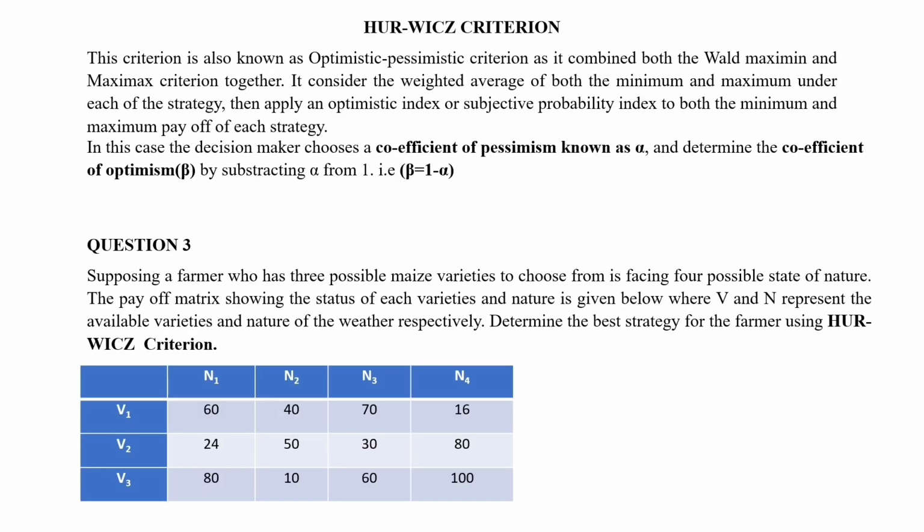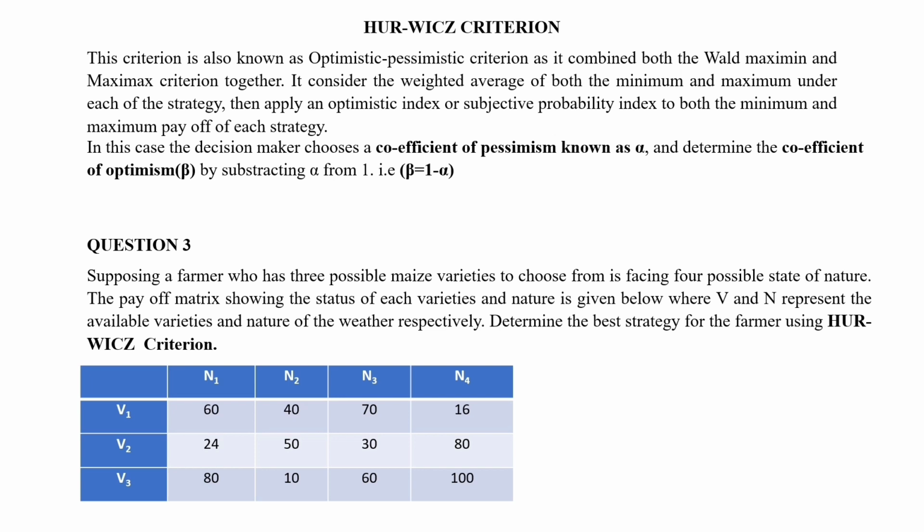The third criterion that we're going to be discussing in this video is the Hurwicz Criterion. This criterion is also known as the optimistic-pessimistic criterion. Optimistic in this context means maximizing return on investment. You see, this criterion allows the decision maker to take into consideration both the best possible outcome and the worst